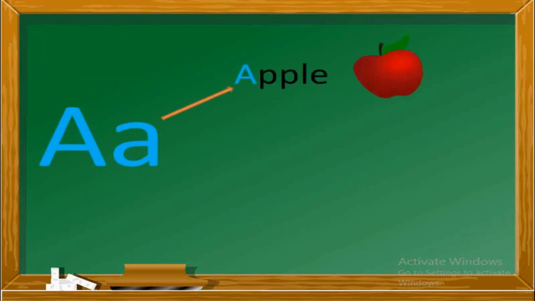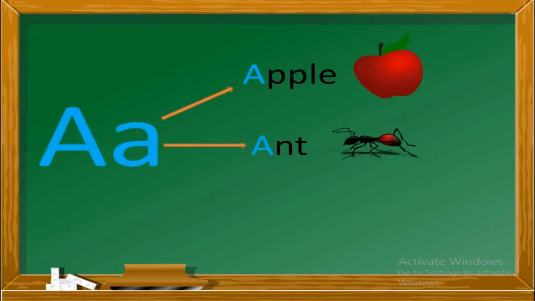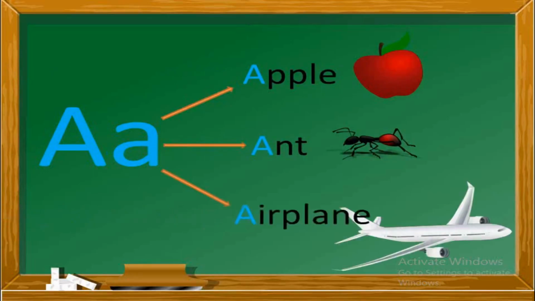Okay, shall we start with A? A for apple. A for ant. And A for aeroplane. Once again, A for apple, and we write it A-P-P-L-E. And A for ant, and we can write it as A-N-T, ant. A for aeroplane. We can write it